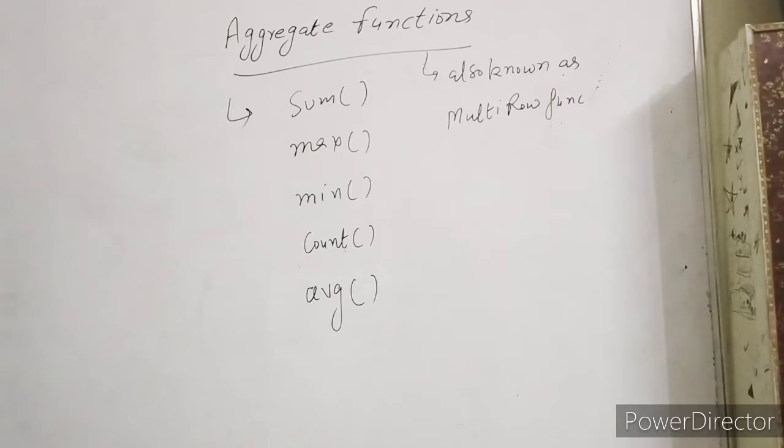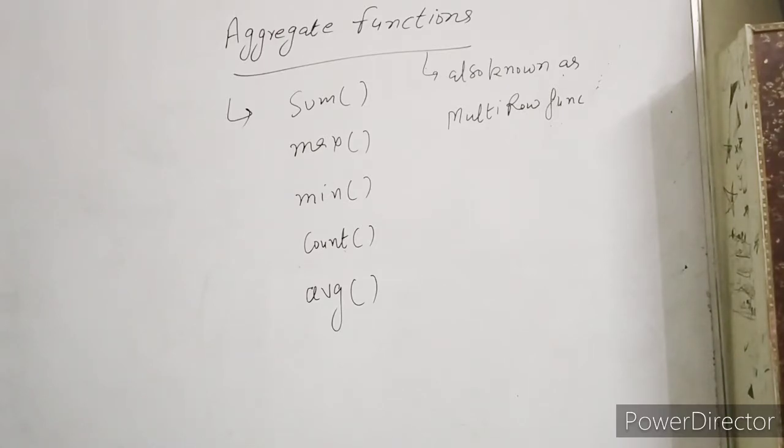Clear? Suppose I am talking about the sum of the salary of all records of the employee table. It means you will apply the sum function. Suppose there are 50 records in my employee table and you apply the sum function, you will get a single value for all the rows, the grand total of the salary. It means this function works on many rows at a time and returns an aggregated answer.